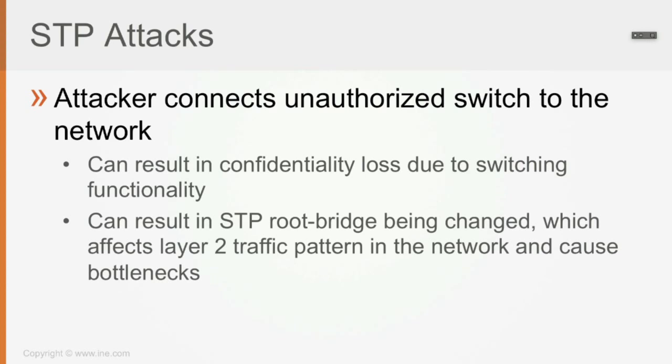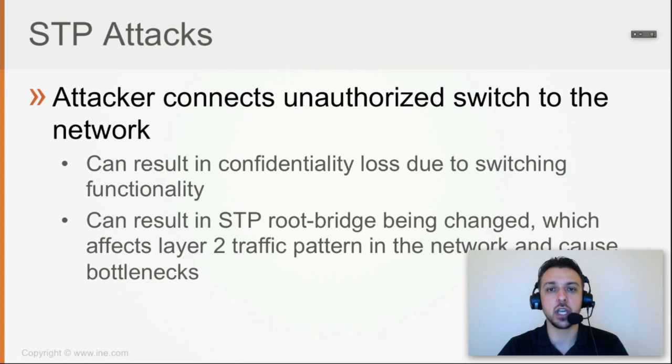So this also can affect root bridge selection, because if the attacker connects a switch which has a better root bridge priority, then that switch of the attacker can become the root bridge in the VLAN or in the network, which means that, because in the layer 2 path the traffic is being governed by the root bridge, so I'm going to have some blocked ports and some forwarding ports, then it can happen that I'm going to end up sending the traffic via the attacker switch, and that could